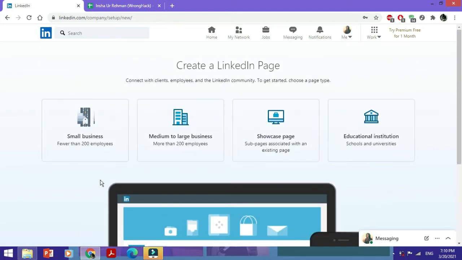If you have a small business which is fewer than 200 employees, you choose this. Similarly, you could choose a medium to large business in this way, or you could make a showcase page which is associated with an existing company or an existing organization. Or if you're operating a school or a university, you would just choose this. So if you have a small business, say fewer than 200 employees, you just select this option,